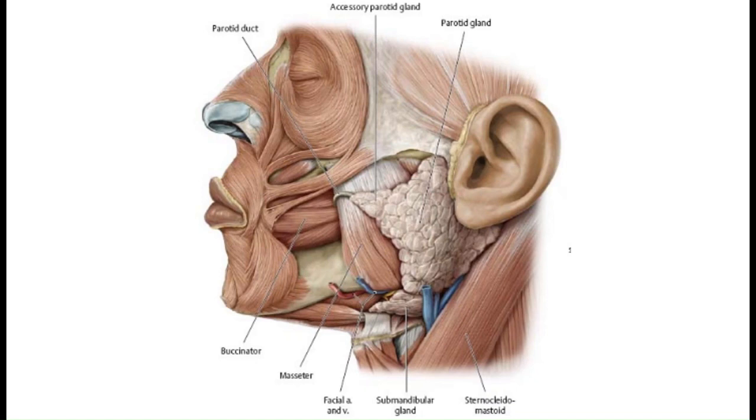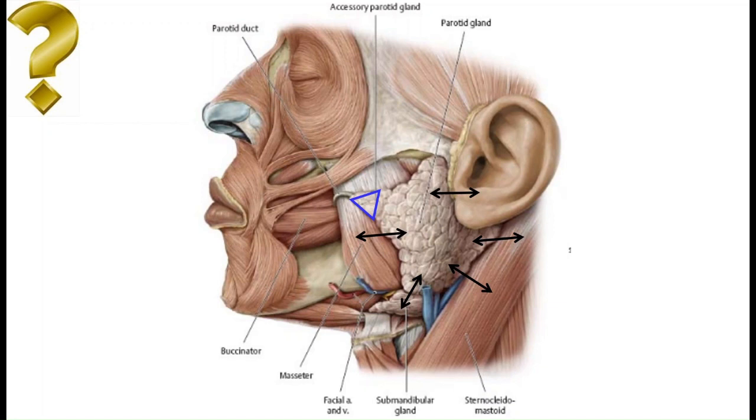This is a very similar image to the previous one, and we are going to look into relations of the parotid gland. The parotid gland is anterior to the external ear or to the auricle. It is anterior to the upper part of the sternomastoid muscle, and it is anterior also to the mastoid process, and its lower part is just superior to the submandibular salivary gland, and the parotid extends or covers the posterior